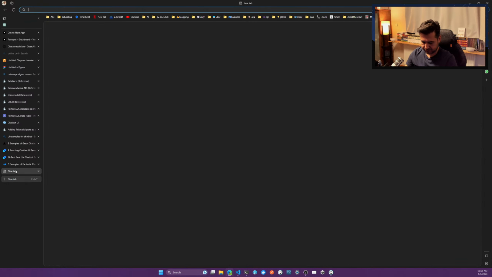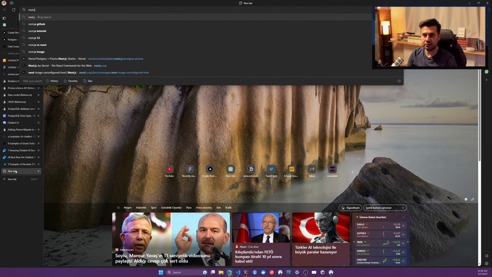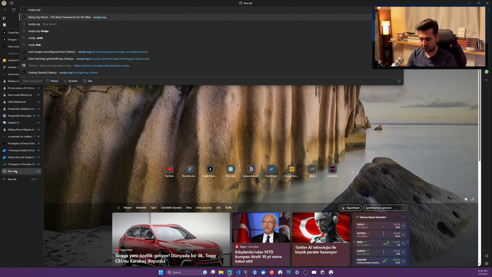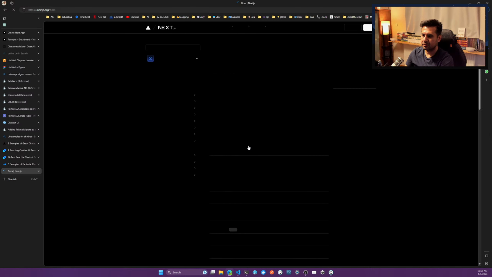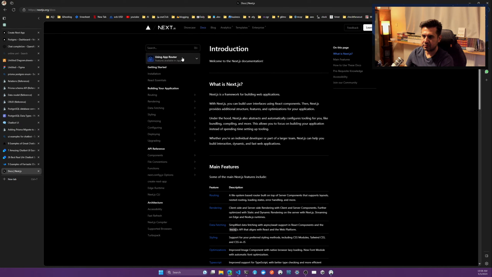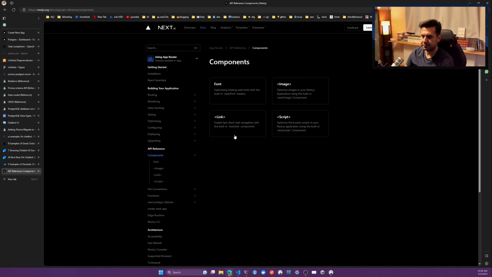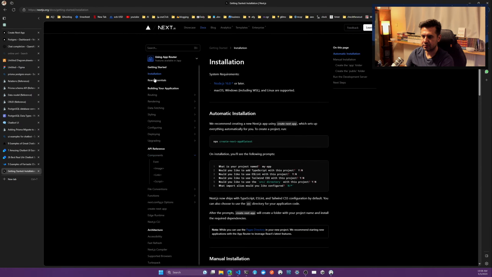We were also going to update our Next.js package. Next.js app directory became components. No, not the components, but